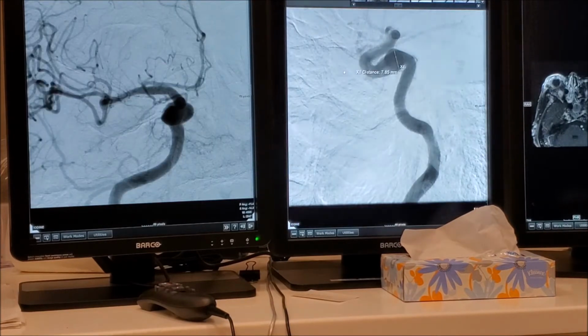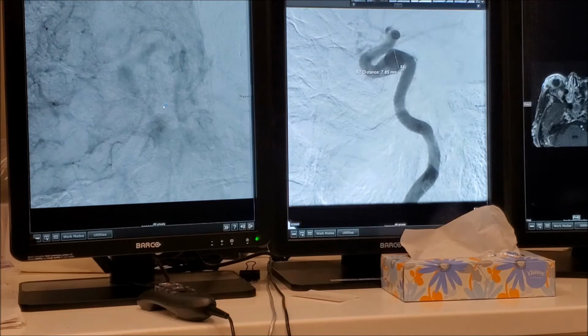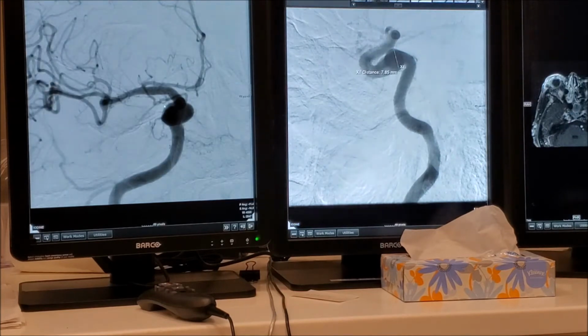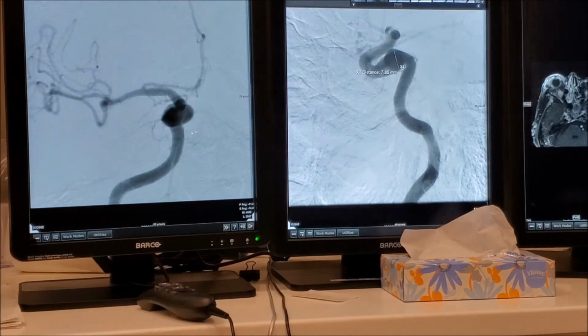If you want to see this better, what could you do? Instead of doing 25 obliques, a rotational angiogram? Rotation is going to be hard. Just make a longer injection. If you make a 4-5 second injection instead of a 2-second injection, you're going to see that better. What did they inject here? 8-10 cc's per second? So you do like 8 for 4 seconds, and you're going to see that a lot better. Now, is there anything else that we have to be careful of?